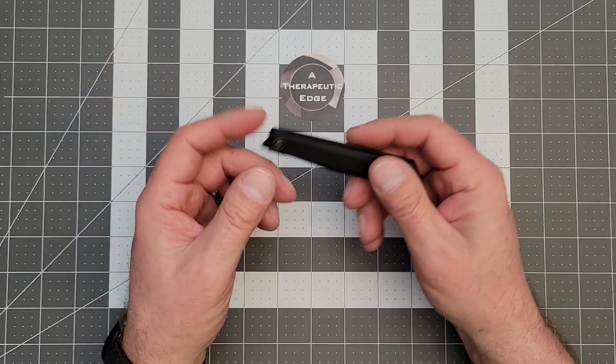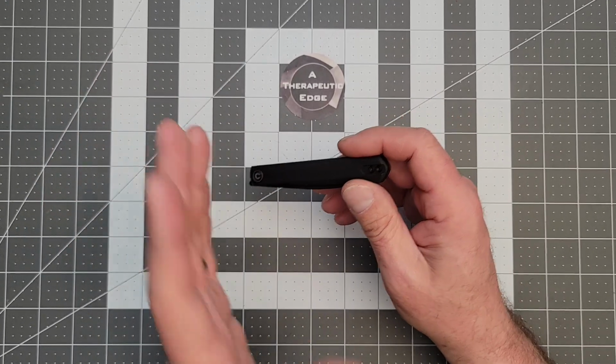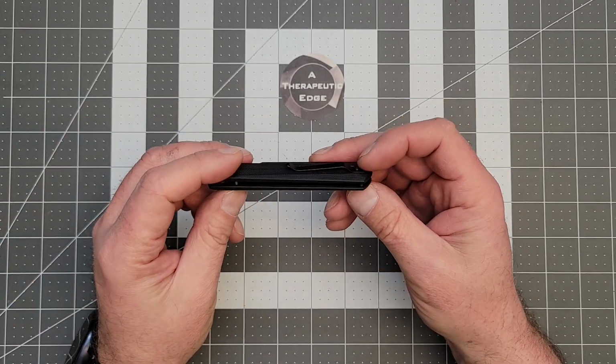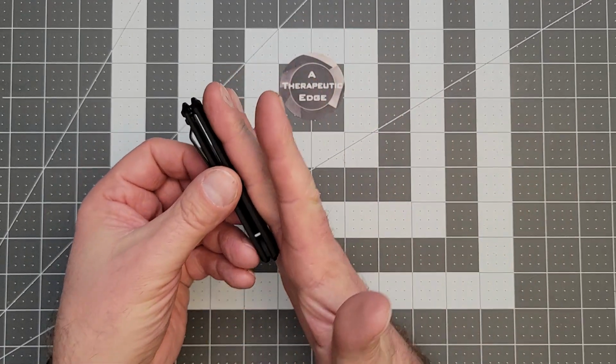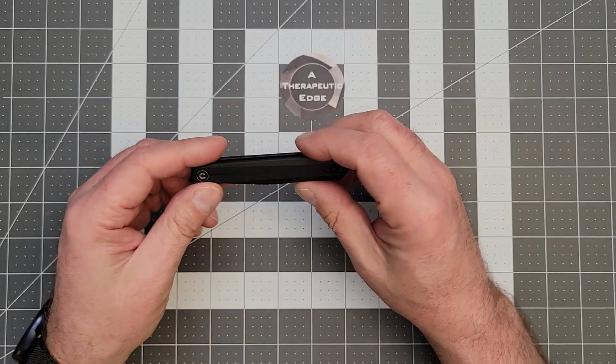The funny thing is I'm sort of making fun of it. There's people out there that are all mad at me right now because this is their ideal knife. And I love that. I do. I'm glad we don't all have to like the same thing. It's just not every knife is built for every person, right? I mean, it's the same size basically as my finger, right? So anyway,